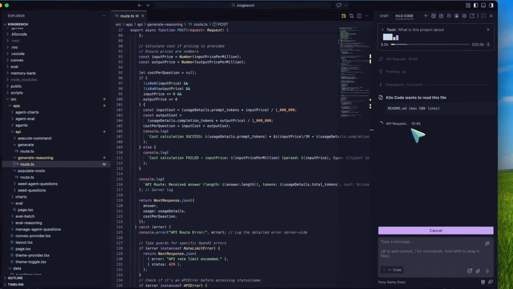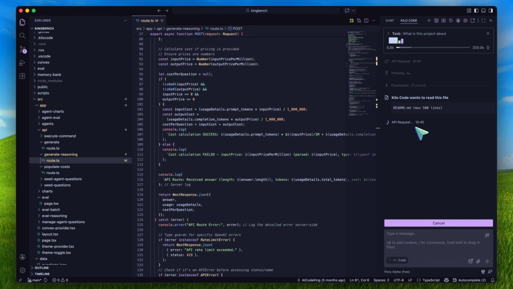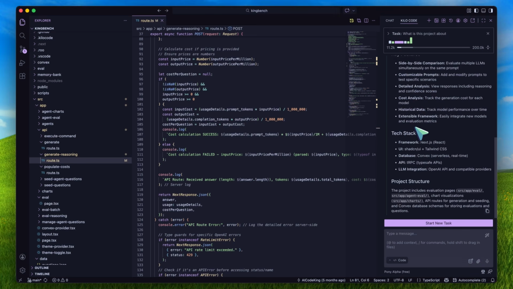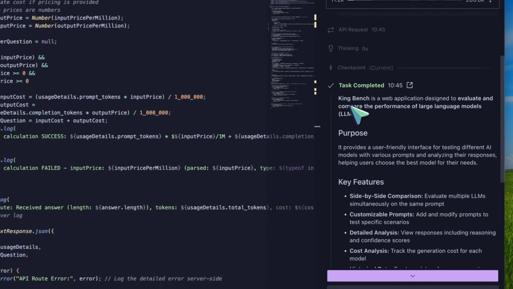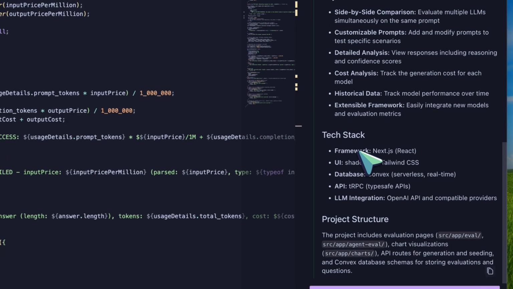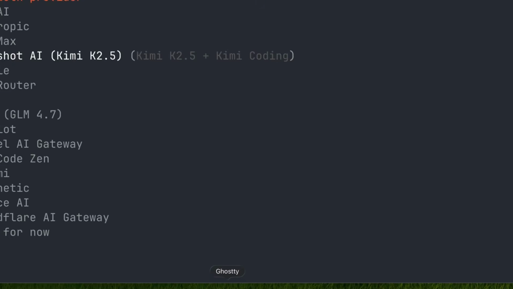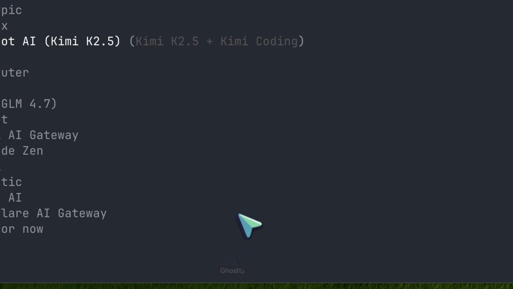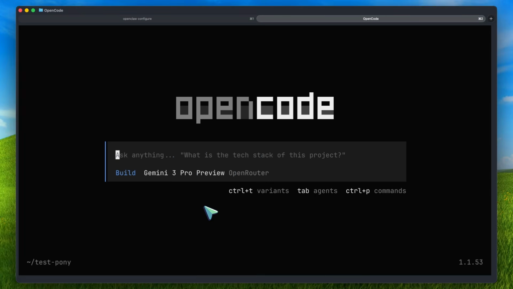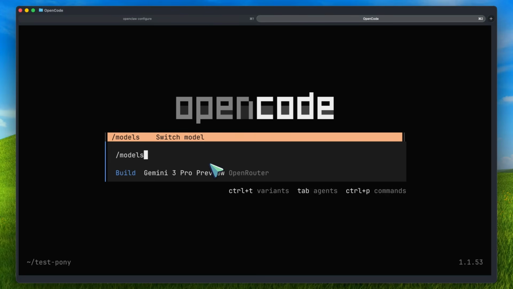Next, let's set it up in OpenCode. OpenCode is a terminal-based coding agent. If you don't have it installed, you can grab it from their site or install it through your package manager. To configure pony-alpha in OpenCode, you need to open your OpenCode config file. It's usually at ~/.config/opencode/opencode.json. In that file, you need to add OpenRouter as a provider and set the model to